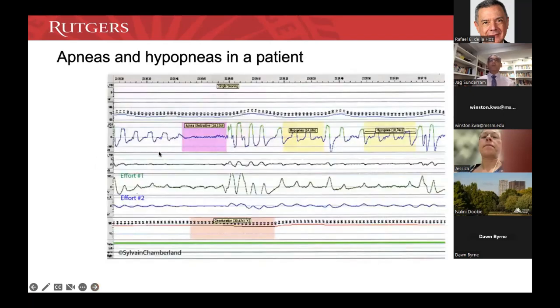Similarly, a hypopnea, in this situation, here's an apnea, but here's a hypopneic event. There's a reduction in airflow. There is persistent effort still, but not so much of a desaturation, but about 3 to 4% desaturation sufficient to call this hypopnea. And potentially EEG arousal, which we're not seeing here, but this was defined as a hypopnea.